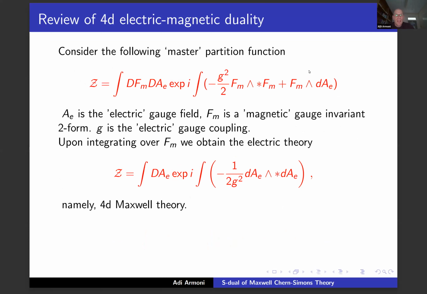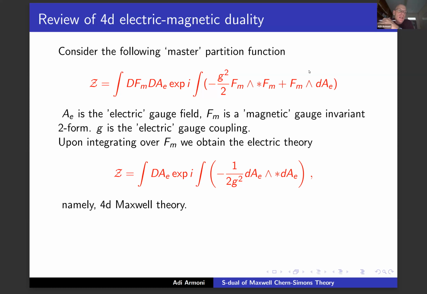So the idea is to start from 4D electric-magnetic duality, to review the way it works in 4D, and then to do dimensional reduction and to implement the boundary conditions. So in principle, it's straightforward. So let's see, we start with 4D, and one way of deriving electric-magnetic duality in 4D